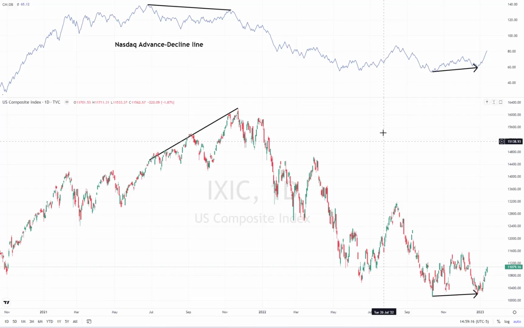For example, in late 2021, you saw the NASDAQ making new all-time highs week after week. However, the advance-decline line was no longer making new all-time highs in the fall of 2021. So how can that be? How can the indexes be making new all-time highs while the majority of stocks are no longer participating to the upside? Well, when you understand how the market really functions, you have to put yourself in the shoes of